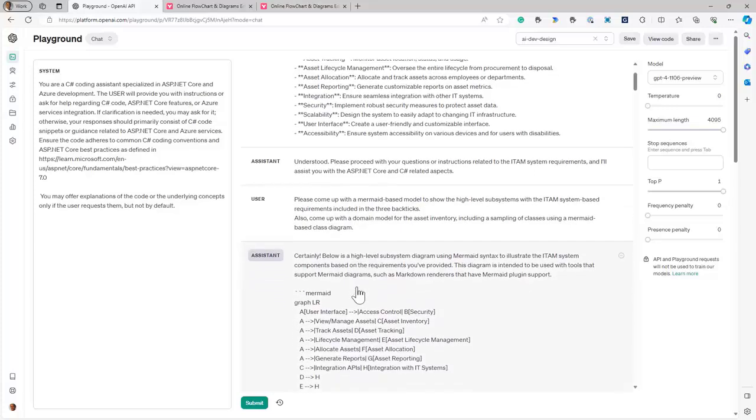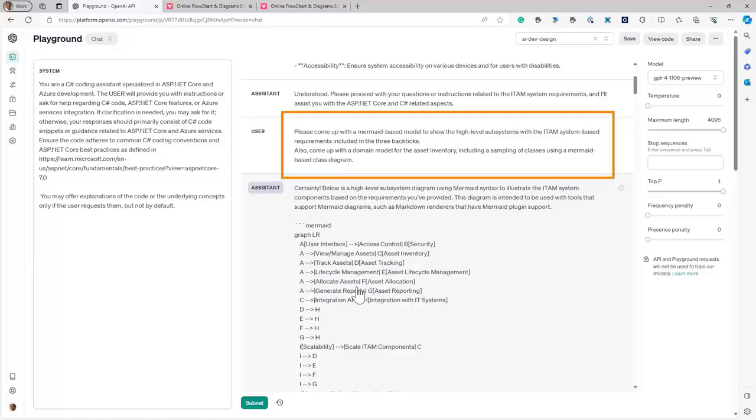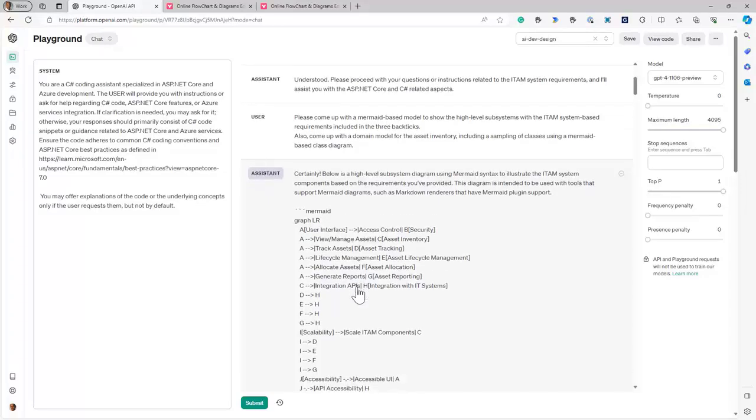The next thing we are going to do is say, now that you understand the high-level system requirements, can you come up with a mermaid diagram? And mermaid diagram you will see shortly. It's a great way to generate these diagrams. GPT-4 is not going to generate the diagrams for us per se. It is going to give us the code associated with the mermaid diagram. So the first thing we're going to ask it to do is give us a high-level, subsystem-level diagram for the IT assets management application, and we just gave you the requirements.